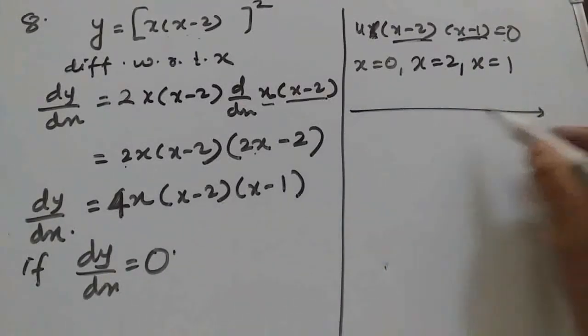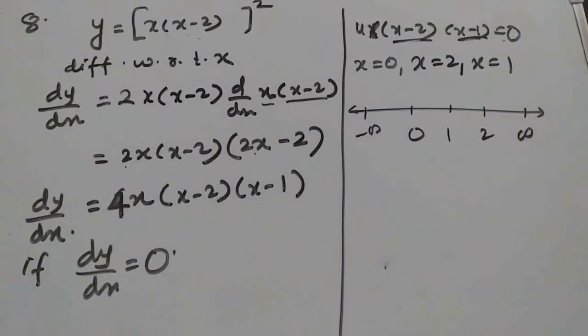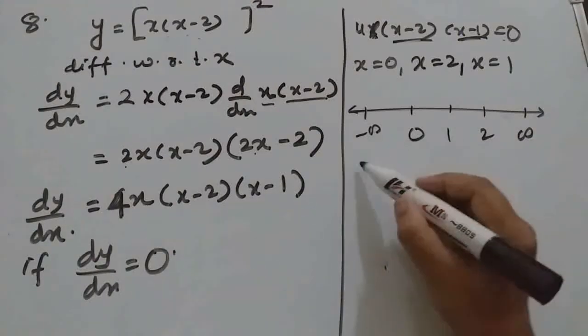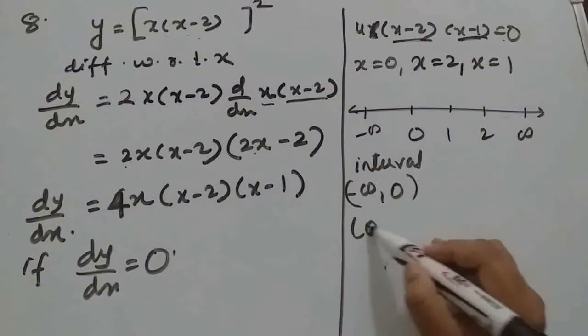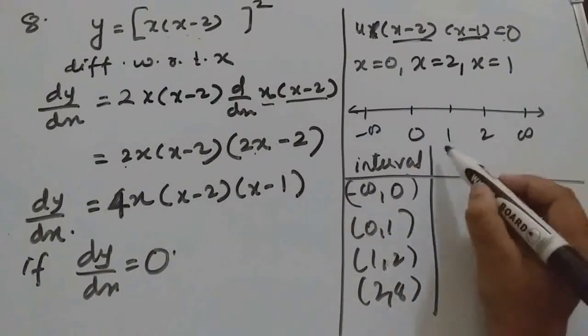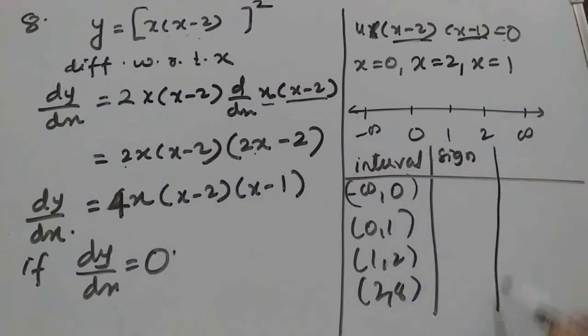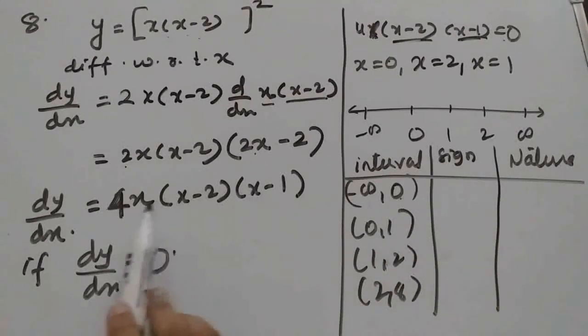So the real line is divided into minus infinity, 0, 1, 2, plus infinity. So we will check, the function should be increasing. So intervals are minus infinity to 0, 0 to 1, 1 to 2, and 2 to infinity. Okay, so minus infinity to 0. So suppose substitute minus 1 value here. This is minus 1 negative, this bracket will give negative, this value will give negative value, this x is negative already. So the answer is negative,